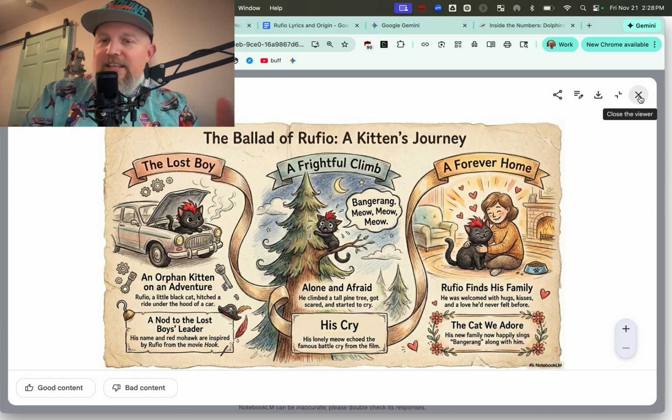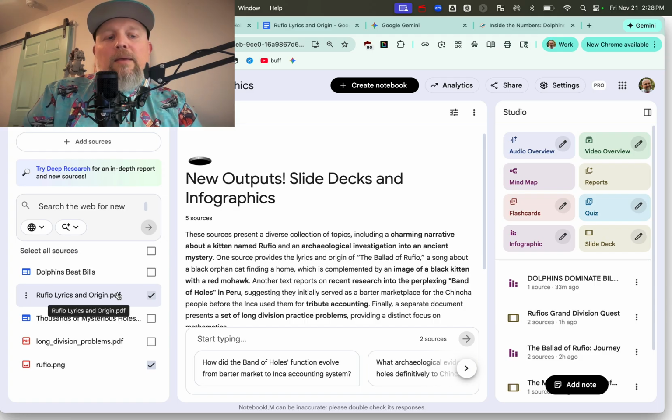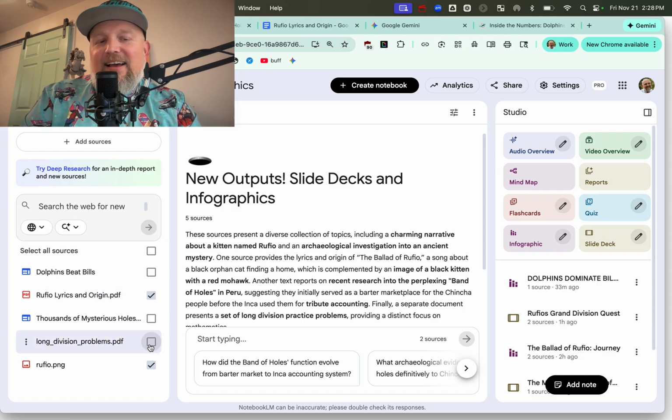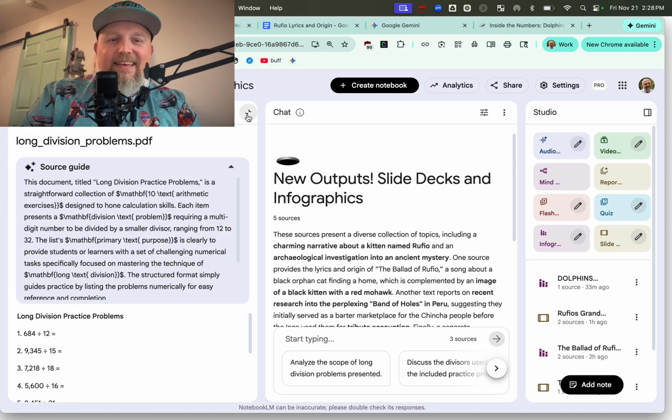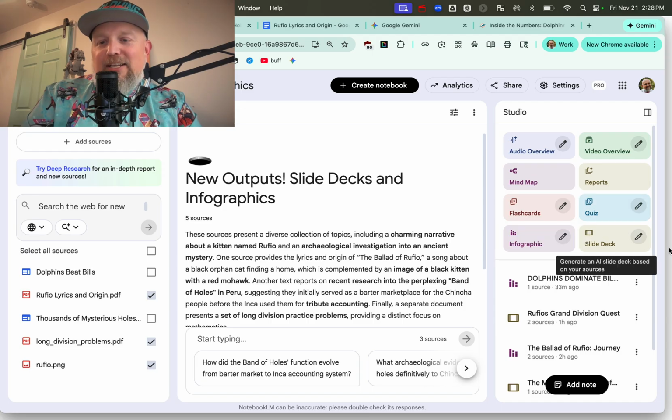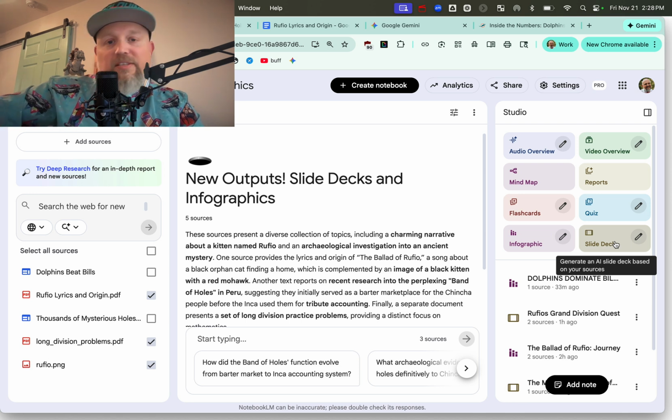One more. And then this is the final example. This is the big hoorah. I said, take my song, and then I clicked long division problems. I have some long division problems I'll show you right here on the left there, okay? And I said, create a slide deck where Rufio, this cat, is on a quest to get to a loving family, because the song's about him trying to get to a loving family, but I want it Thanksgiving themed. I spent about 1 minute creating that prompt, with that much brain power, okay? And what it made,